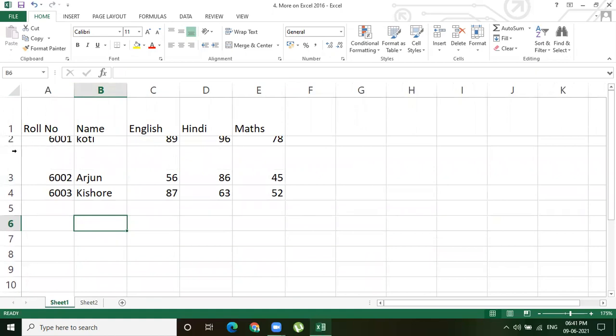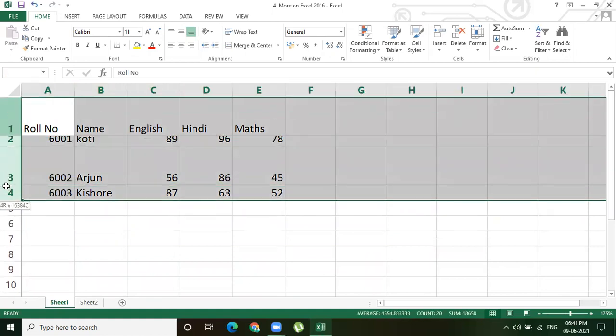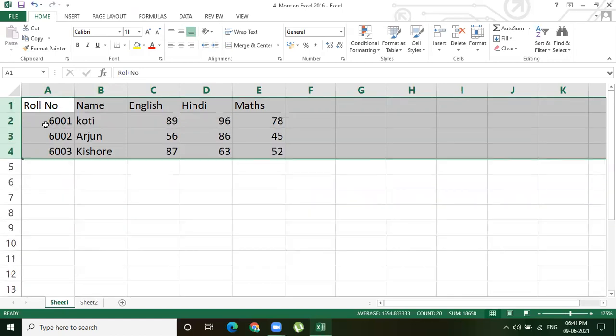So like that, there is no proper order for the rows. Then you want to make it fit, auto fit row height. So what you will do, simply like how I told you here, by double clicking on that, here also same, double click on any one of the boundaries of the rows, and automatically the row height will be fitted as per the size of the text.